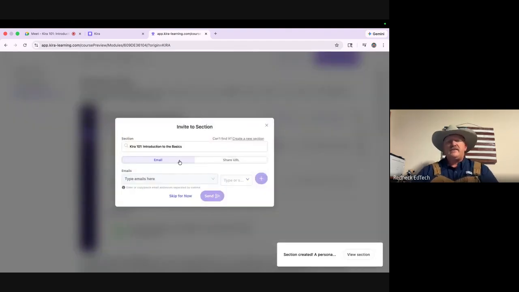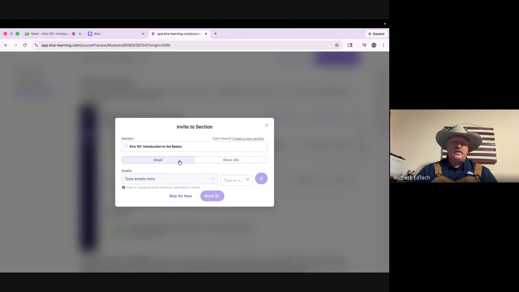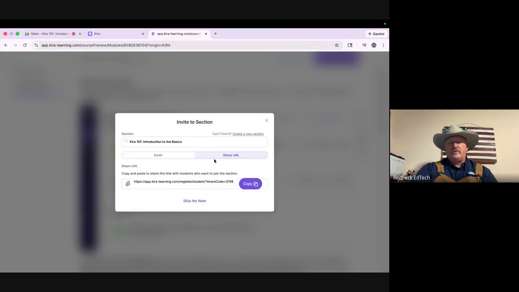Now, doing so, you've got different ways that you can do this. Do you have your students' emails for your class? If you do, you can type in those emails here. If you don't, you can click the share URL. This is now going to give you a link code that you can copy.